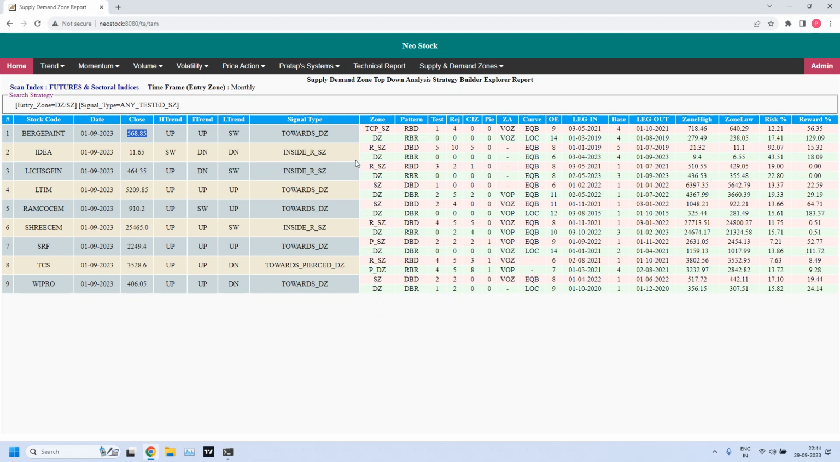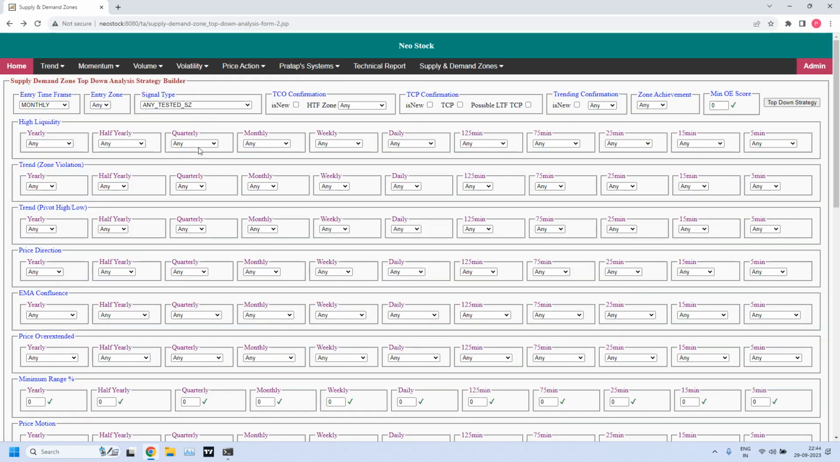And look into these stocks. Some of these stocks have high liquidity supply zones where price closed inside the supply zone. Just analyze and find if there are any trade opportunities you will get at lower time frames. So let's go back. Let us find newly created demand and supply zones during this month. So for monthly time frame,